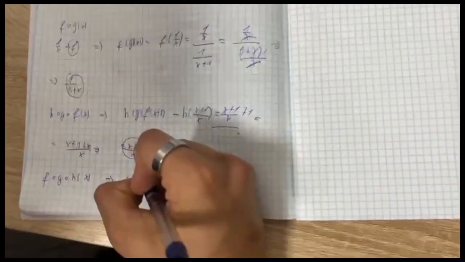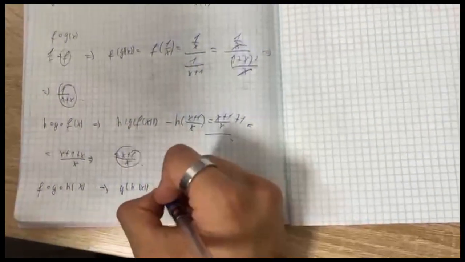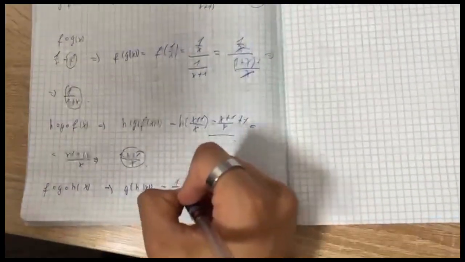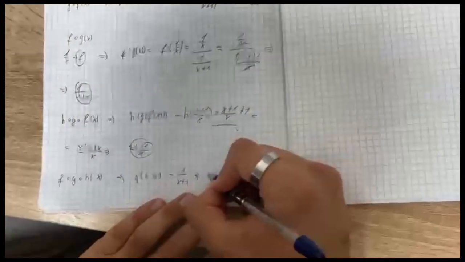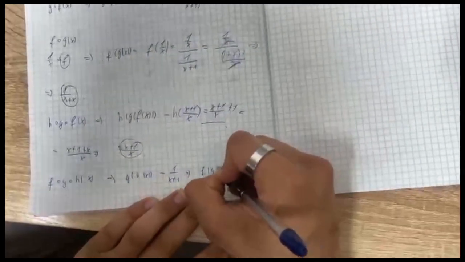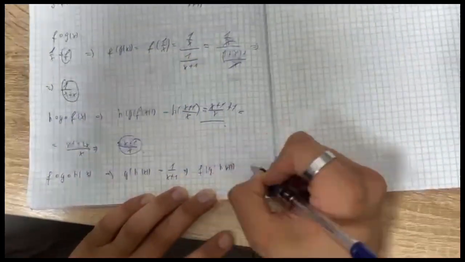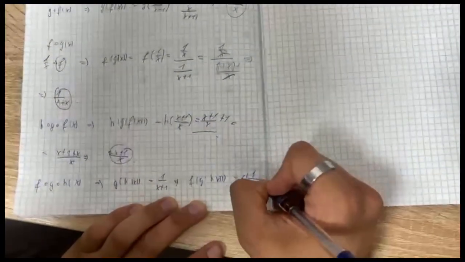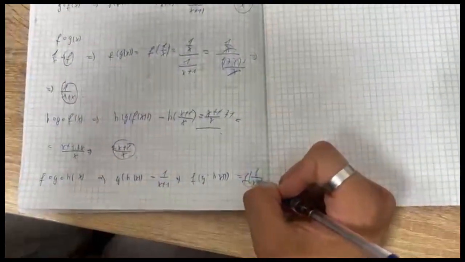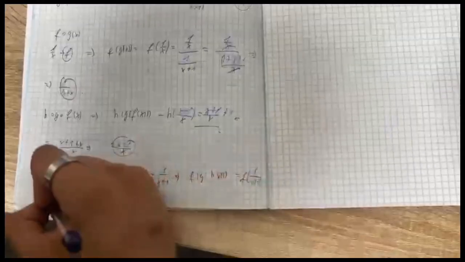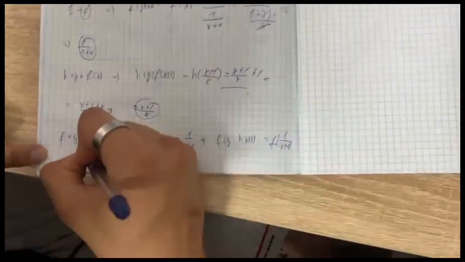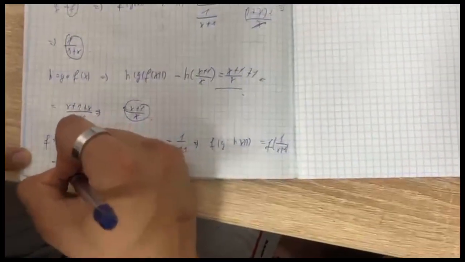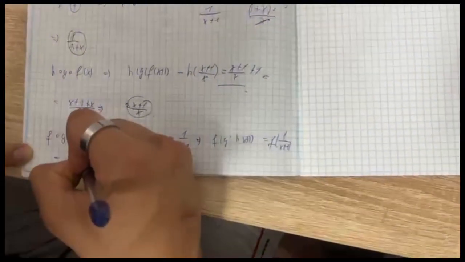It's g of h of x, 1 over x plus 1, and if we are adding here, it's going to look like f of 1 over x plus 1, and that's going to look like 1 over x plus 1, plus 1. So in the result we will have